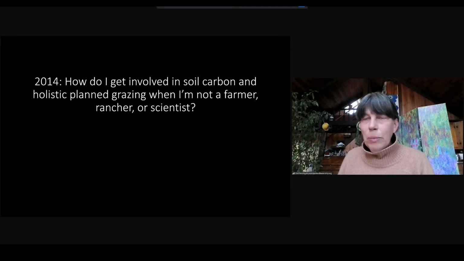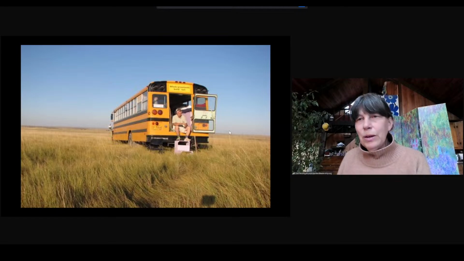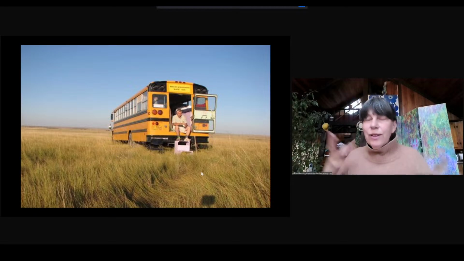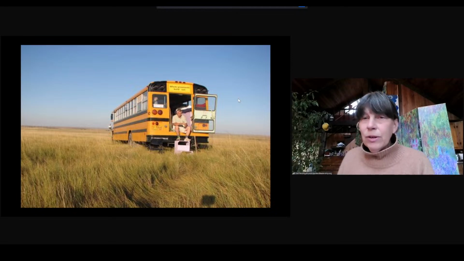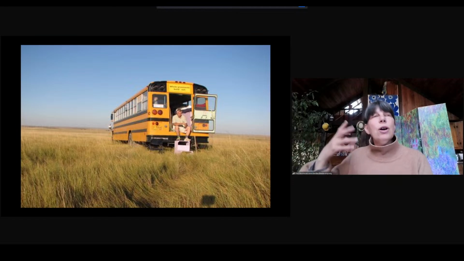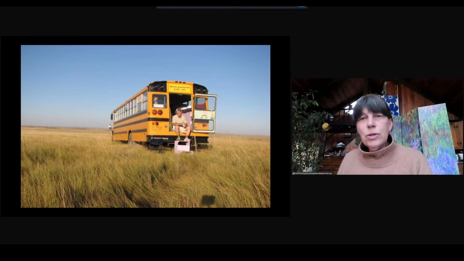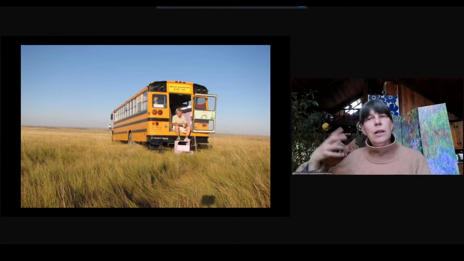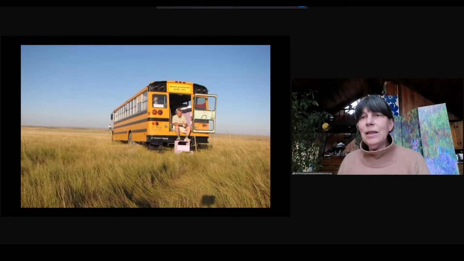And I also met someone named Peter Donovan, who had an organization called the Soil Carbon Coalition. And Peter had sold all his belongings and bought a school bus and was traveling all around North America, measuring soil carbon, water infiltration, bulk density, or the fluffiness of soil, and biodiversity, and holding workshops. And he had a workshop at this same conference that I was at with Elaine. And he gave a talk called The 7 Generations of Sunlight that was so inspiring to me, going all the way from sunlight down through the carbon cycle and the water cycle, and all the way down to human intelligence and how we